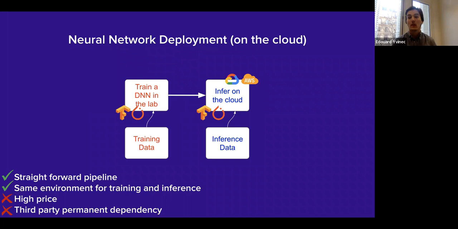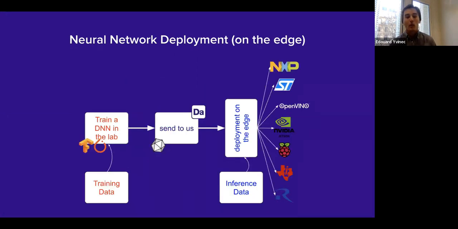So for this reason, most people tend to use the same machines that they use for training during inference. And that's why so many people make the mistake to keep using the cloud for inference. And well, I don't have to convince you at the tinyML community that this is a mistake. And we will see how here at Datakalab we have developed quite a few solutions to actually enable inference on edge devices.